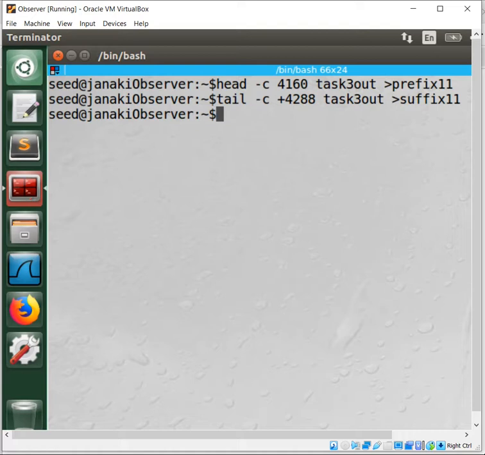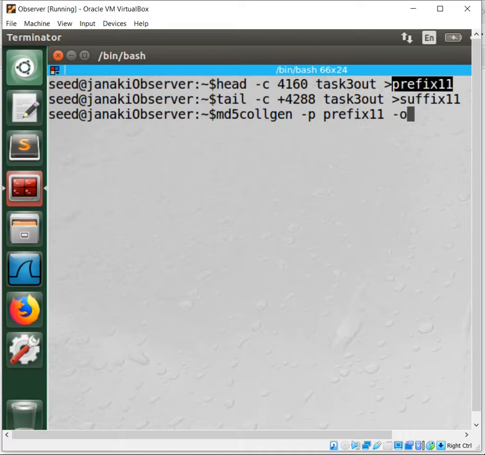Now I am going to run the MD5 collision generator on the prefix. That means on the 4160-byte file, I run md5collgen -p with my file name prefix11.